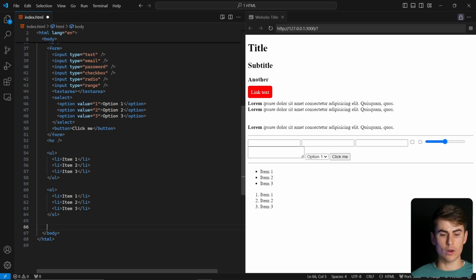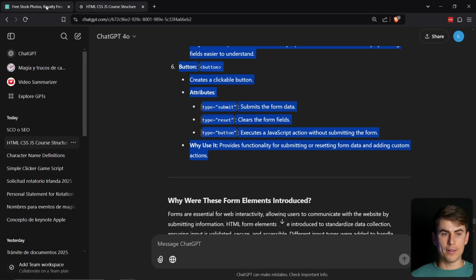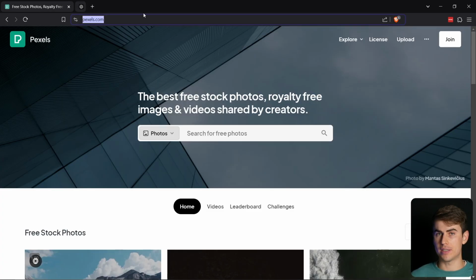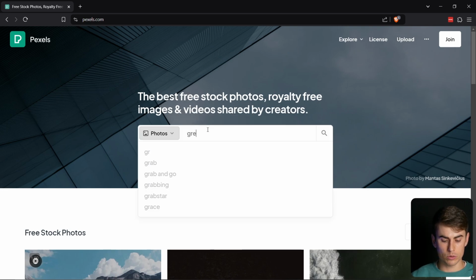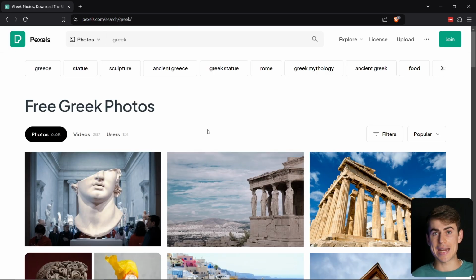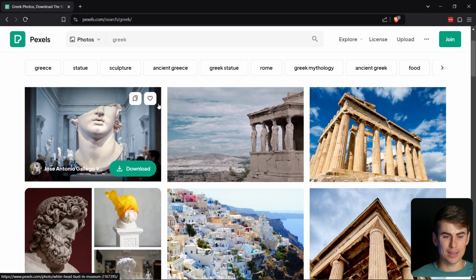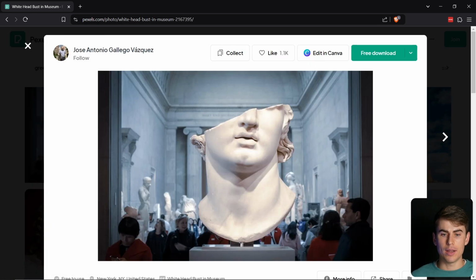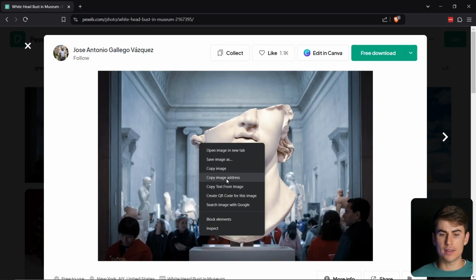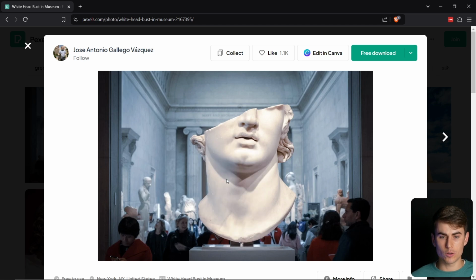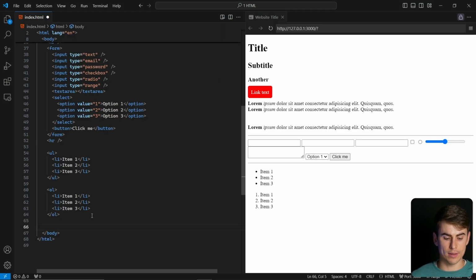We have images. Okay, you can go to this website right here, pexels.com. For example, there are plenty of free images websites, and you are going to find any website you want. As we are in Kairos, we're going to use a Greek image like this one, for example. Right click, copy image address, or you can save it, of course, and you are going to add an image